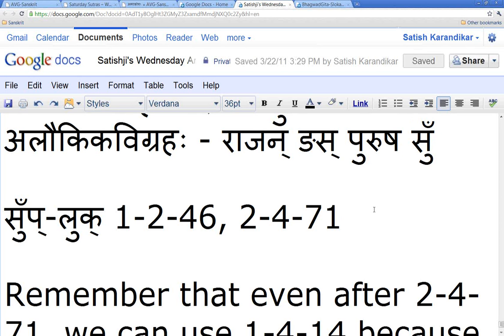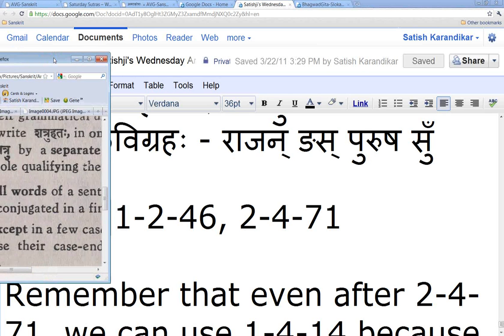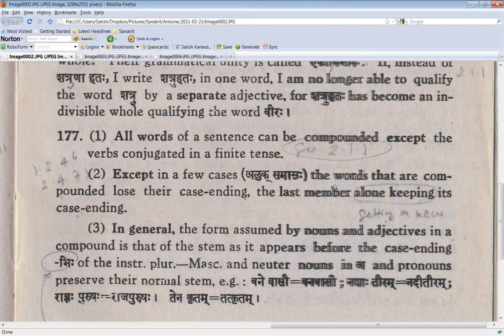So the 2471, Supo Dhatu Pratipadika Yoho. So Pratipadika Antargatam: the sup is inside the Pratipadikam. It's a Raja Purusha, and the Raja Purusha plus will not take luk by 2471. So I think we need to change the book a little bit. It's not like the ending. The second padam is keeping its sup, but the entire samasa gets a new sup, depending on its role in the sentence. Depending on the role of Raja Purusha in the sentence, that Rajan plus Nyas plus Purusha plus Su will stay constant, and of course the sup luk will take place.